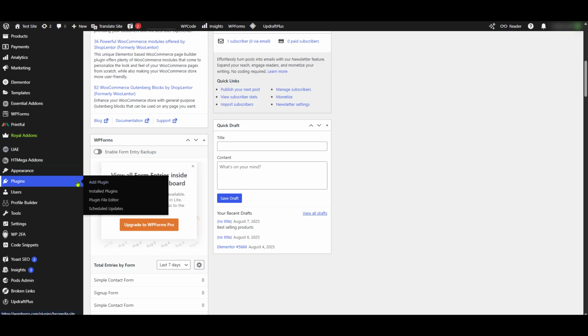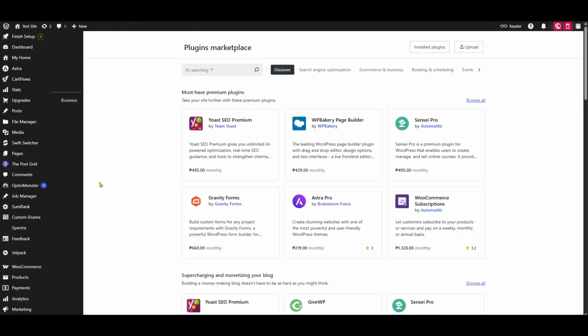In the Plugins section, click on Add Plugin. This will take you to a page where you can search for new plugins to enhance your website's functionality. In the search bar, type in Advanced Order Export for WooCommerce. This particular plugin is a popular choice because it simplifies the process of exporting your WooCommerce orders into various file